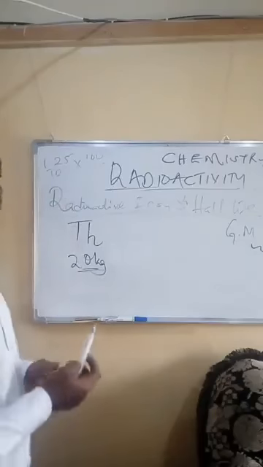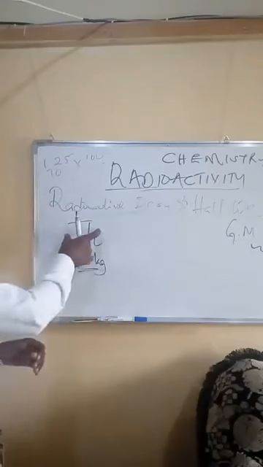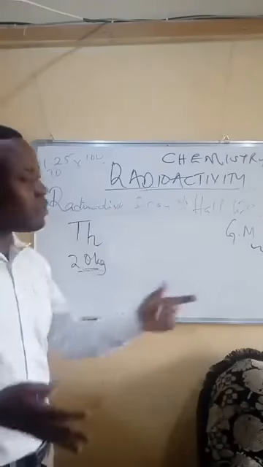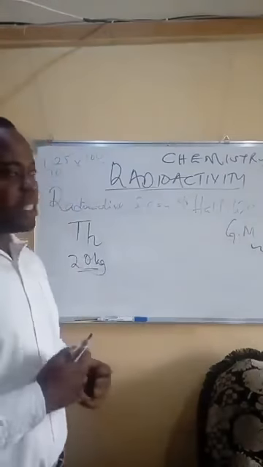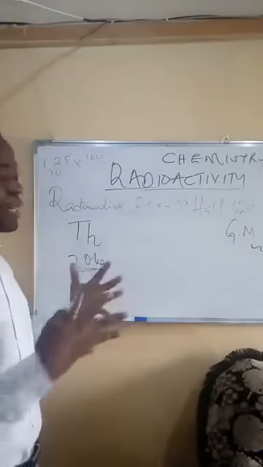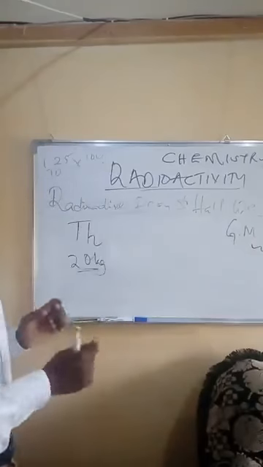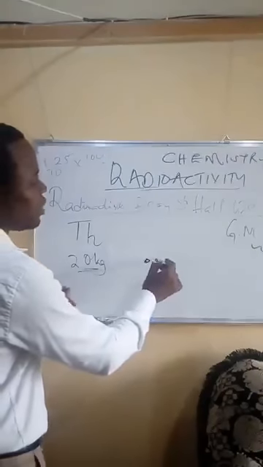Therefore, if you were to place 20 grams of TH in front of a GM counter, the GM counter would record a very high degree of activity. It would tell you that so many disintegrations are happening. If you took the same TH, but now you're dealing with maybe only 0.05 grams